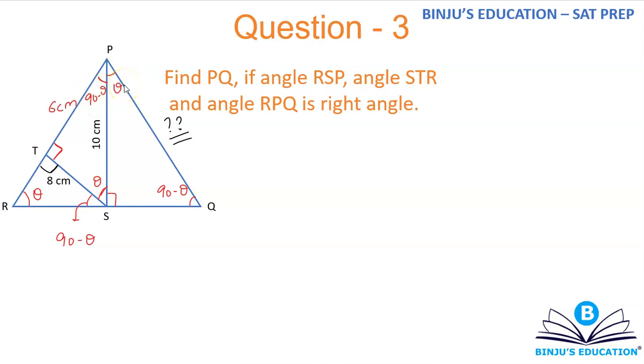So I have named all the angles, and you'll observe that in any triangle all the three angles are either 90, theta or 90 minus theta, which means I can prove the triangles to be similar using AA or AAA similarity. Alright, fine. So let's do one thing. First of all, let's take SR to be X. Let's try to reduce as many variables as possible. So let's take SQ to be X. So if I'm going to use the Pythagoras theorem in triangle PSQ, I'm going to get PQ as root of 100 plus X square.